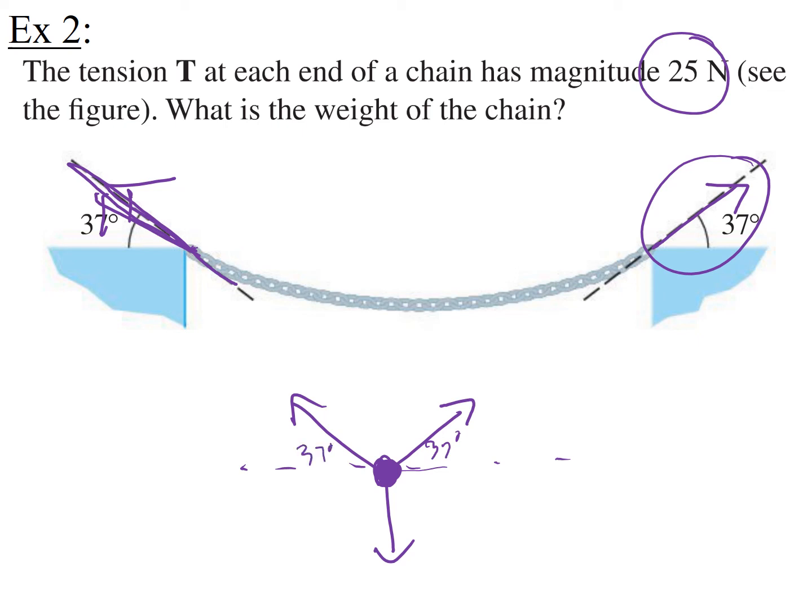So once again, we have an object that's not moving, but a bunch of forces on it. So I know that from Newton's first law, part of Newton's first law, is that the total force on the entire chain, total force on the dot, is going to be the zero vector. Okay. So let's see here. So what I want to do is I want to write down